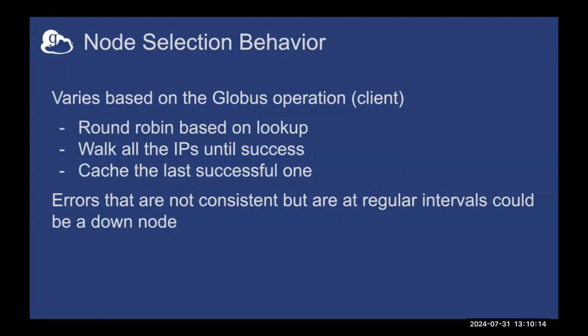So with GCS, we don't have a load balancer in front of the data nodes. What we do is we use DNS round robin to,